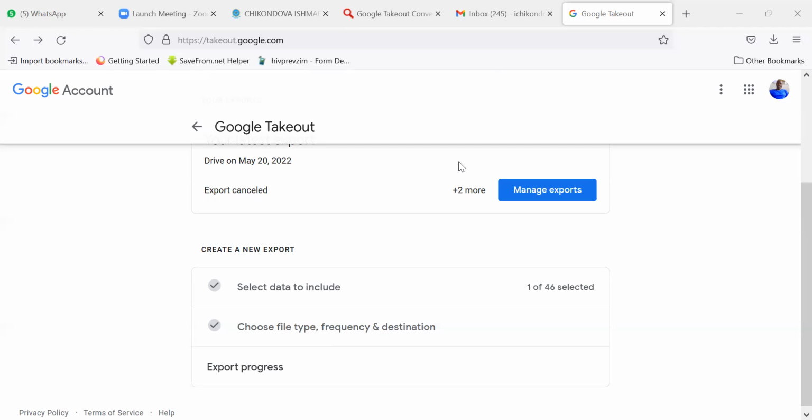Then I can extract this information to my documents, and in my documents I can click OK, and it will be extracted there. Then I can even move to my Documents folder,